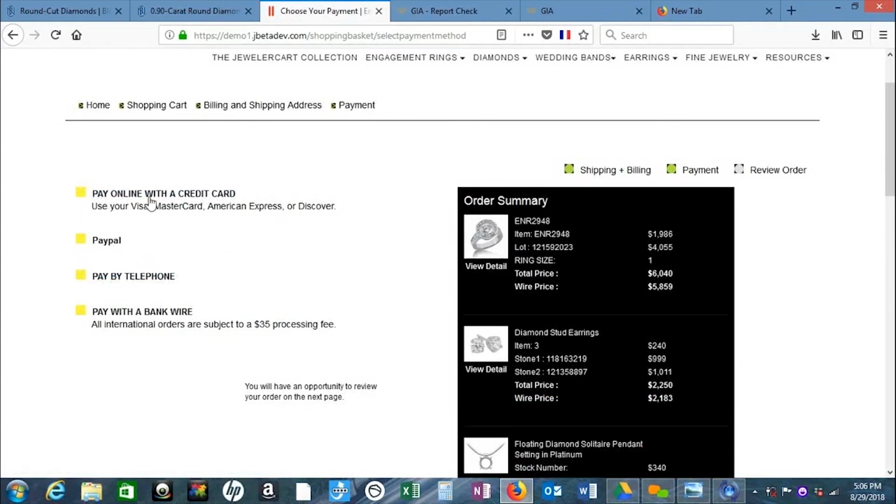You have pay online with a credit card, and if you have your own gateway, we can use that. You have PayPal, telephone, and bank wire. Telephone means it would generate an invoice, and then they would have to get the details to wire the money. The same is true for bank wire. PayPal goes right to your PayPal account. Pay online with credit card, they can process it right now through your gateway. As you can see, it was a very simple process. Shipping and billing, then the payment section. The last part is the review. Done. Simplicity. Now, the other 2 forms that you don't see here that are